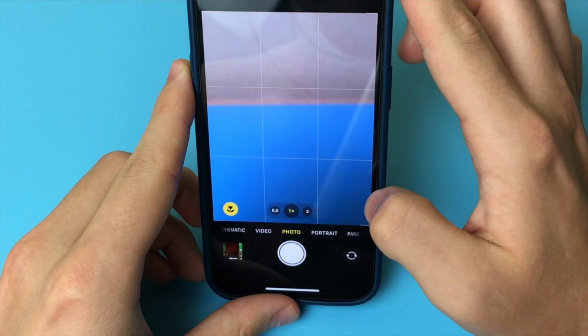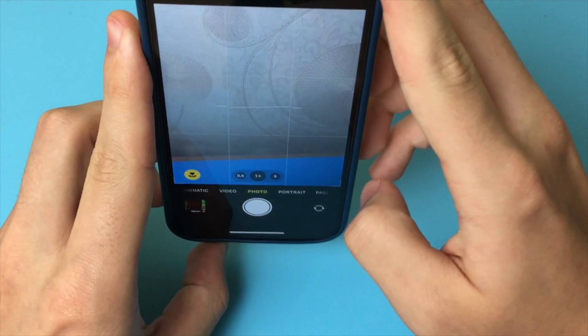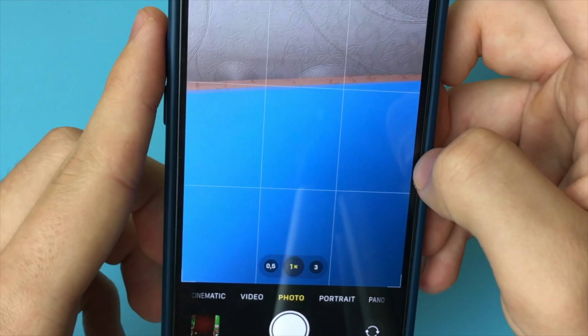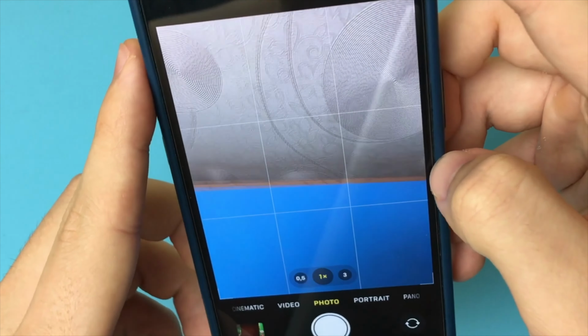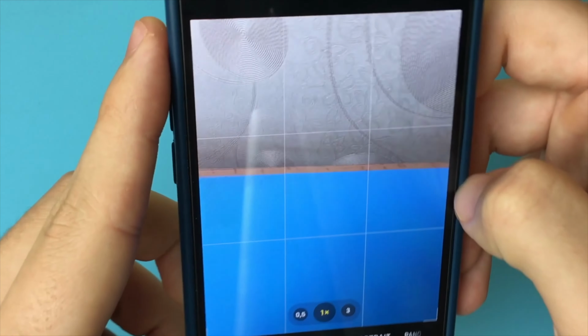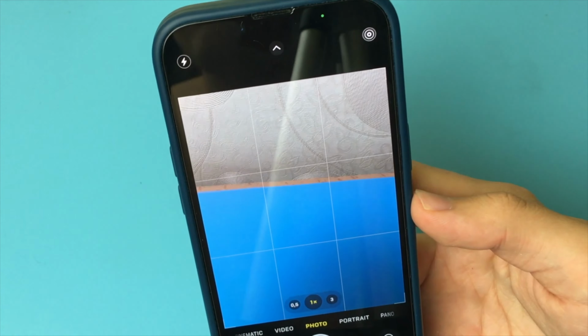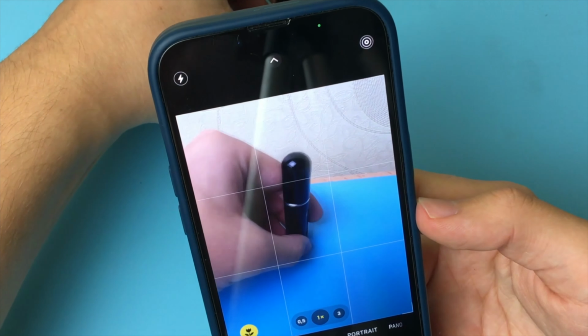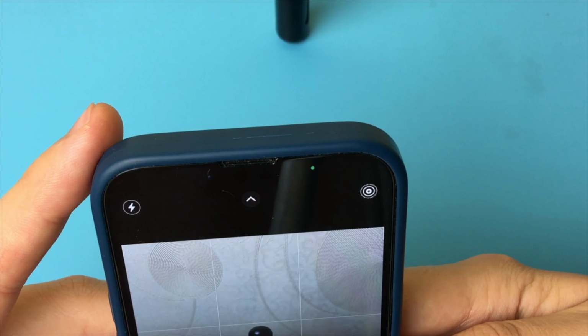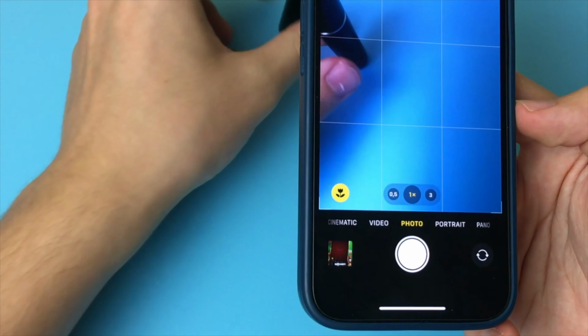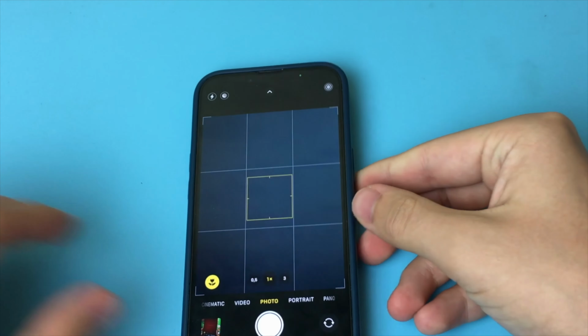That is, we can see this stick appears when we tilt the phone, but if there is no background, it will not be visible. Here, look, I tilt the camera, and as you can see, there is a level. Of course, it is not very visible on the camera, but the function is cool enough. Because of the fact that I'm shooting the phone, which is at the bottom, unfortunately you can't see it all, but it will work fine. As you can see, this is a very simple and quick way.